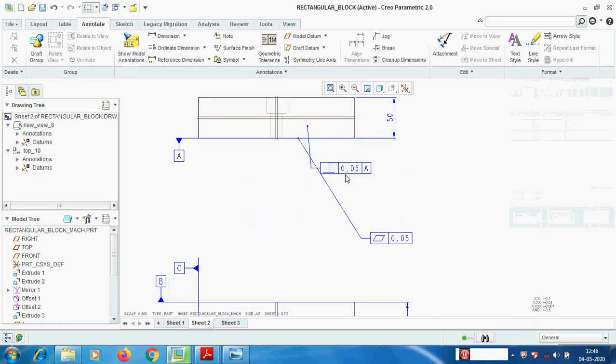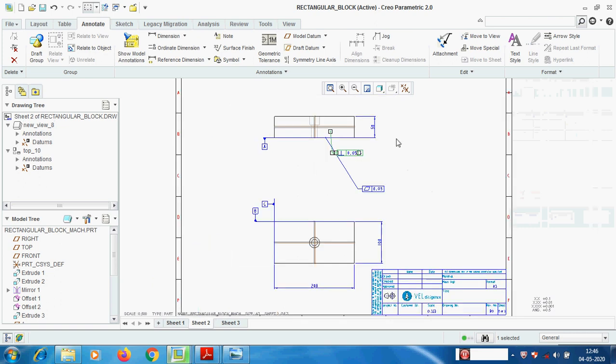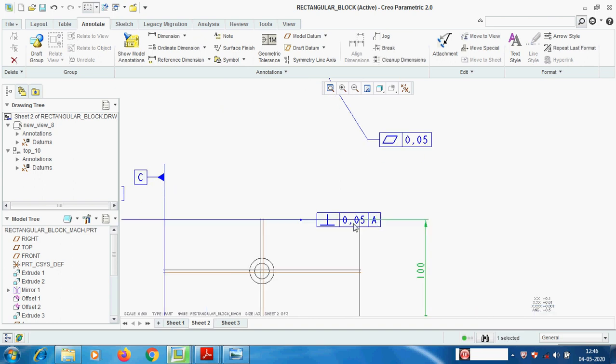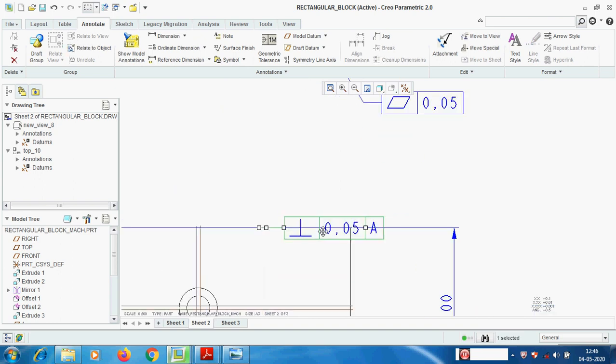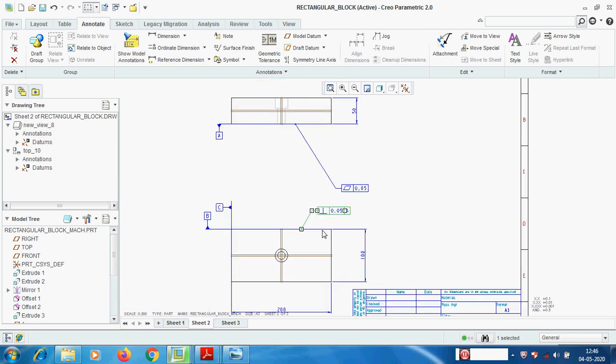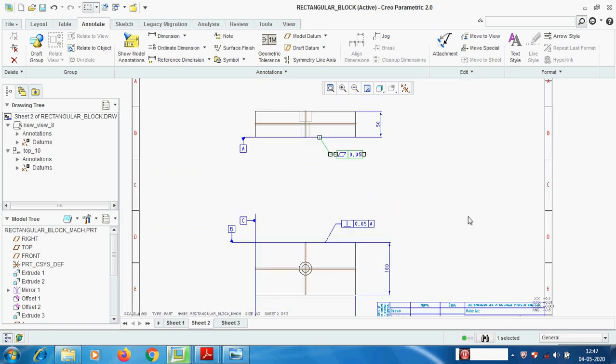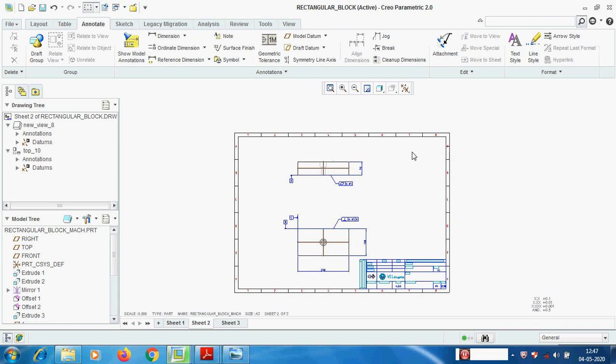Now perpendicular to point A, we can move this to this view. The bottom is the flatness value, and the A datum is having flatness, B datum having perpendicularity.